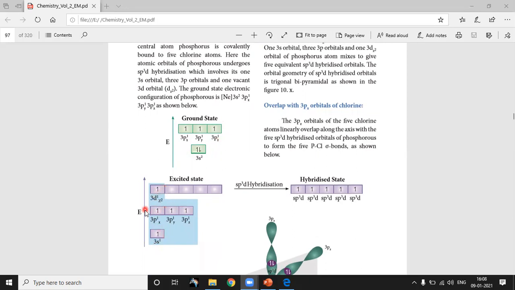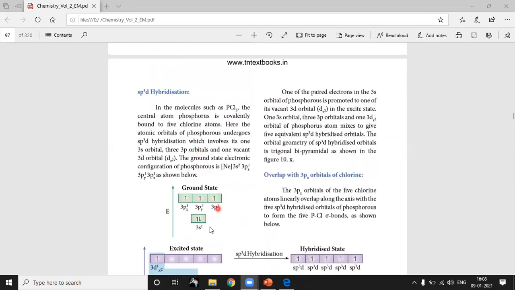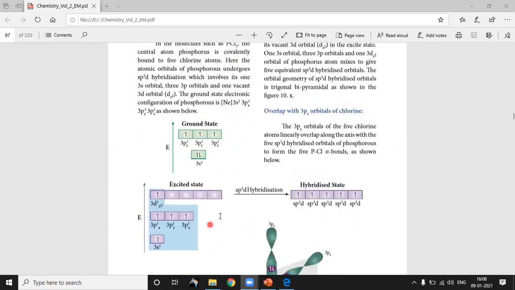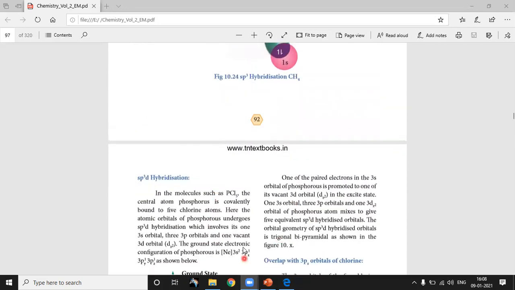See here, because the p orbital is filled, we have to move on to the d orbital. Okay, so next to 3p we are having 3d, so that is written here. Then s will have one electron, p will have 3 electrons and d will have 1 electron, so that we are having 5 unpaired electrons. Okay, and this will have the shape of trigonal bipyramidal.